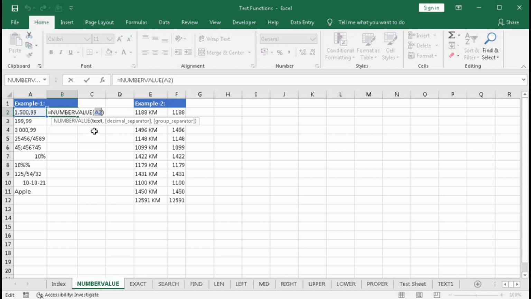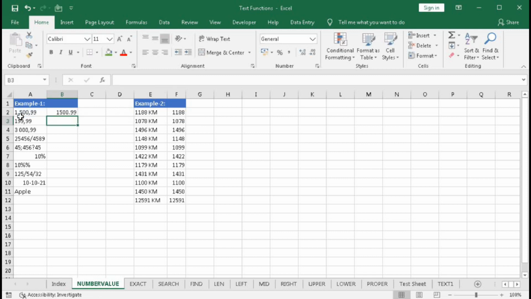Here we have to put the text, then comma, decimal separator. So which one is the decimal separator? You can see here comma is used as decimal separator and dot is used as group separator. So here we have to put comma, then group separator is dot.